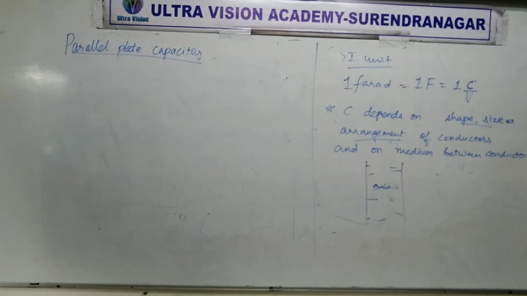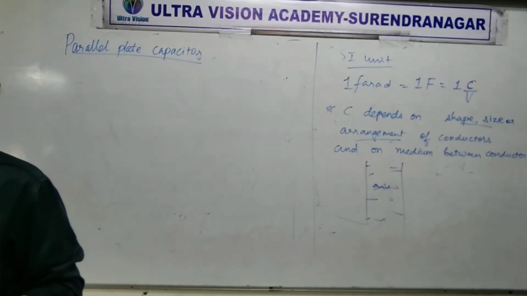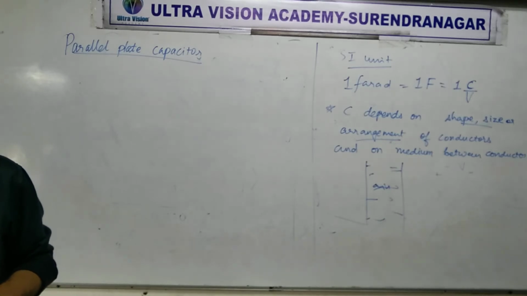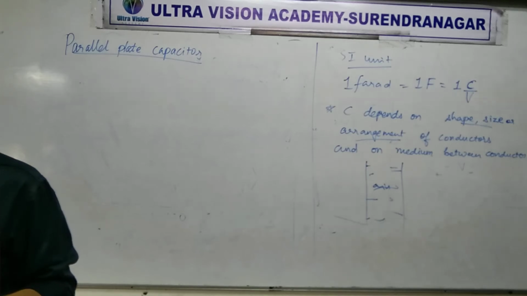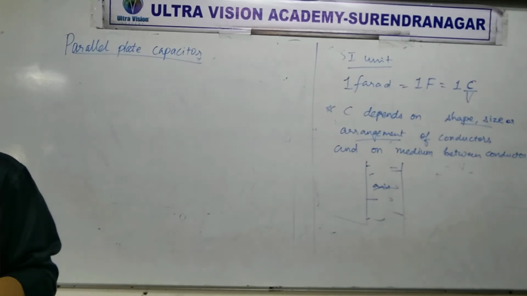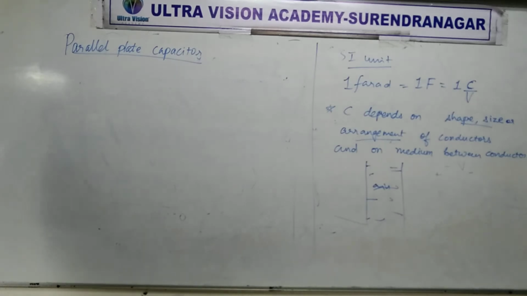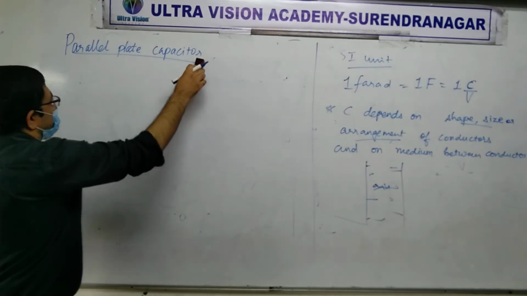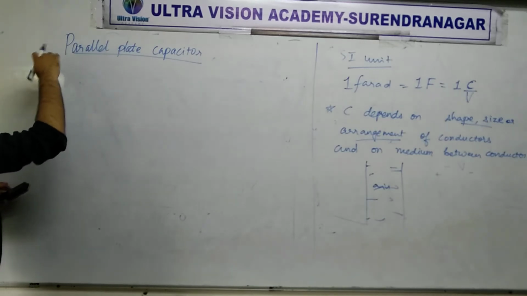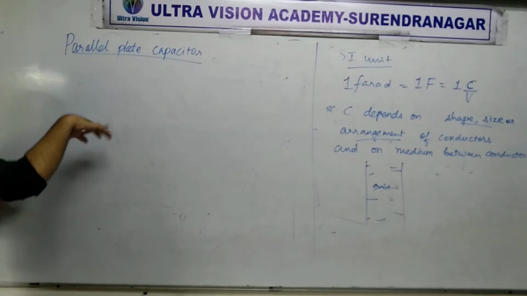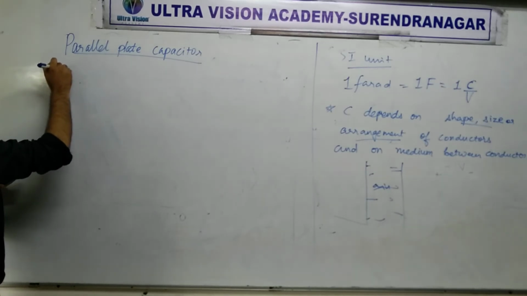We are going to learn to derive lots of things about parallel plate capacitance. First of all, the capacitance. That is, if you have a parallel plate capacitor, what is its capacitance? How much is the capacitance? Now, the plan to find capacitance, the derivation of capacitance of a parallel plate capacitor first.